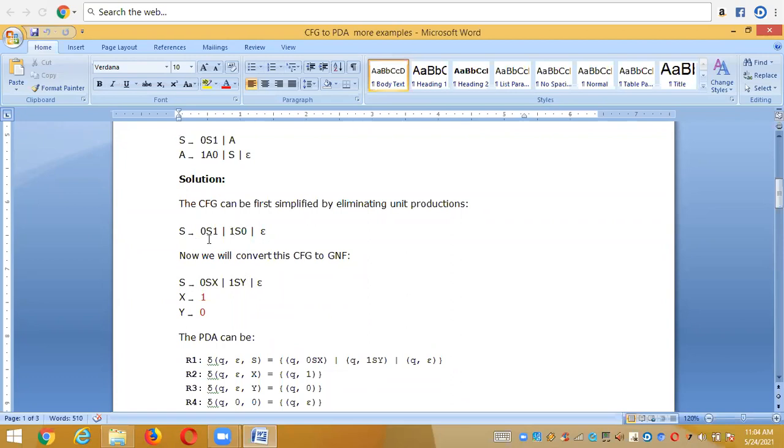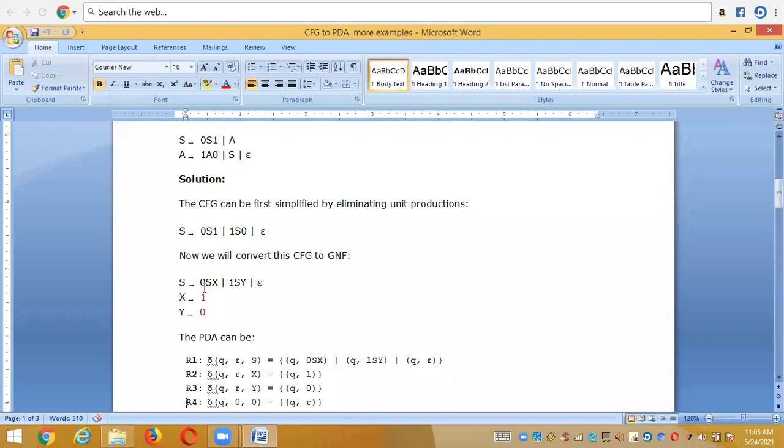Finally, my Greibach normal form syntax starts with a terminal, and it should be followed by any number of non-terminals. But I have the terminal here, and it is not in the form of GNF, so I'm converting it into GNF like this, by assuming productions with X and Y. X is defining 1 and Y is defining 0. So wherever I have 1, I put X, and wherever I have 0, I put Y. So finally I converted it into GNF. This is my modified context free grammar, and for this modified grammar I now need to write the production rules.